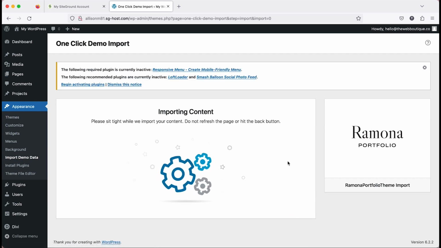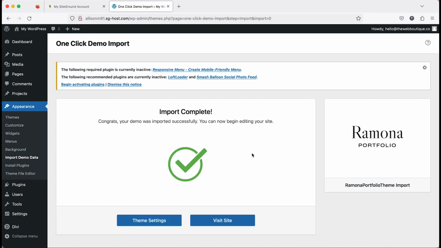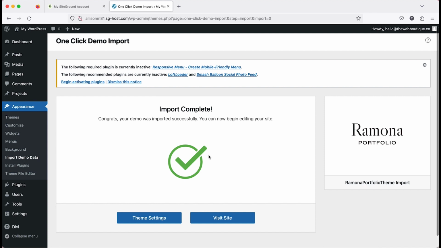You'll get the little working gear icons here showing that it's working on uploading the files. This can take a few minutes, especially depending on who your host is. Some hosts, for example, Bluehost, have more limited server resources, which can impact the ability to load the files all in one go and potentially produce some error messages. If you get any error messages here, specifically either 500 or 502, just click the import button again and keep running the import until you get the green success message. But we've got the success message here, so we're going to go ahead and continue on and start importing our